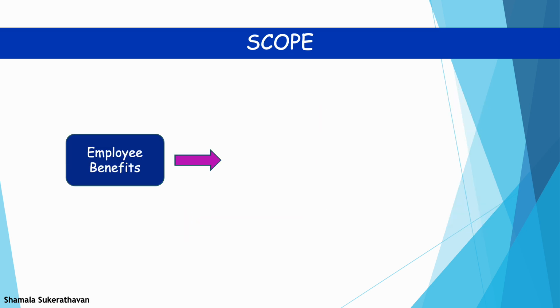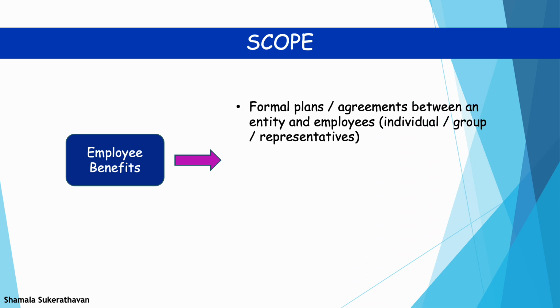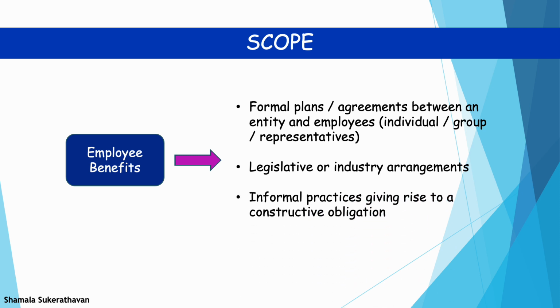IAS 19 applies to employee benefits provided: 1. Under formal plans or agreements between an entity and individual employees, group of employees, or their representatives. 2. Under legislative or through industry arrangements that require entities to contribute to national, state, industry, or other multi-employer plans. 3. By informal practices that give rise to constructive obligation, meaning the entity has no realistic alternative but to pay